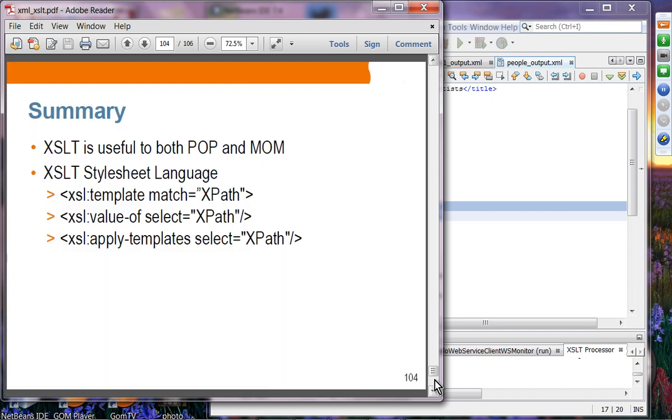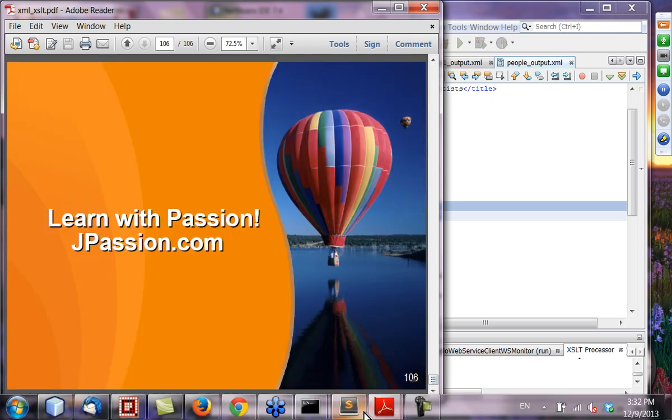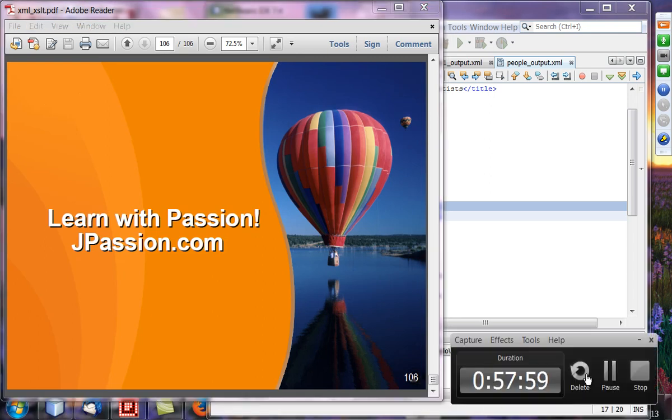All right. So in summary, we have learned XSLT is useful in both presentation as well as MOM, message-oriented environment. And then we have spent most of our time learning the XSLT style language, mostly template, value-of, and apply-templates. Okay. All right. So that is the end of the presentation. So let me just finish up